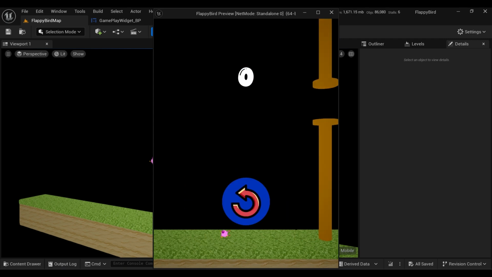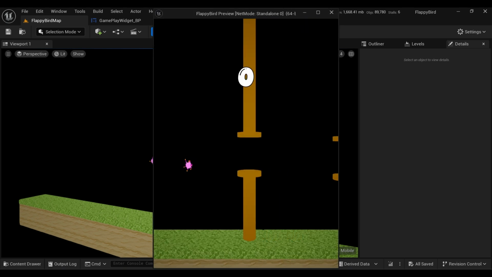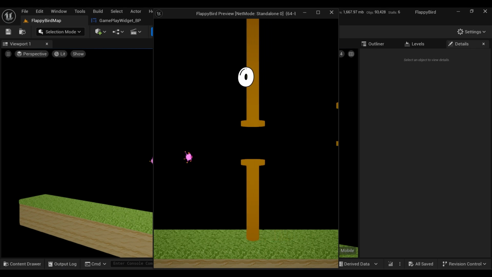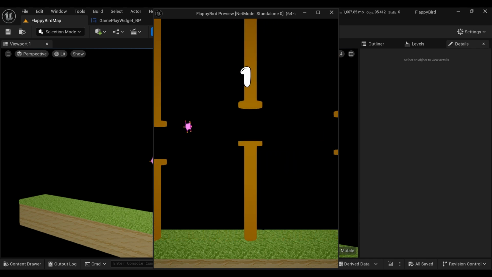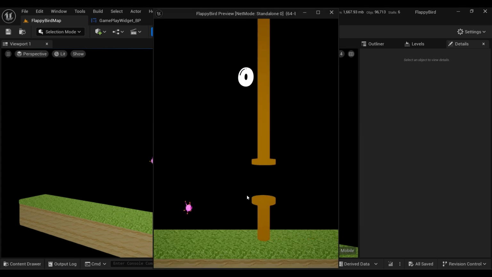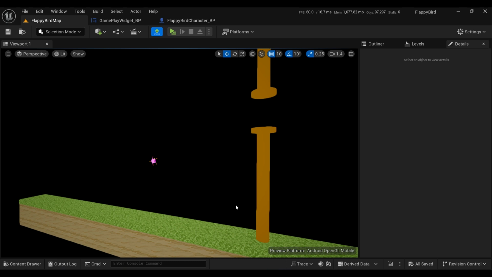So restart. Great. So that's it for this tutorial, guys. We now have a scoring system and a death system and also a restart button. Great. So see you in the next tutorial where we will be implementing